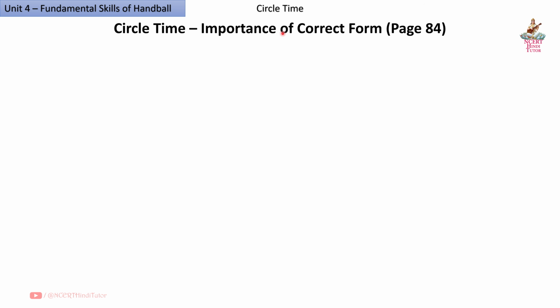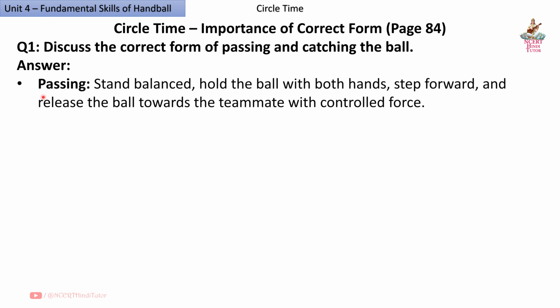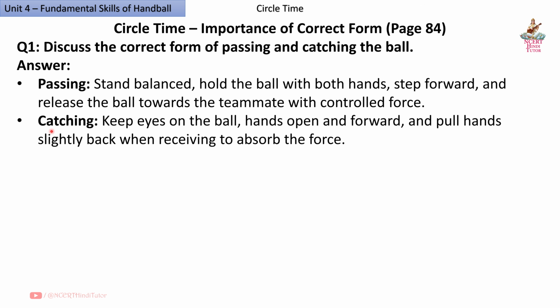Circle time, importance of correct form, page 84. Question 1. Discuss the correct form of passing and catching the ball. Answer. Passing. Stand balanced, hold the ball with both hands, step forward and release the ball towards the teammate with controlled force. Catching. Keep eyes on the ball, hands open and forward, and pull hands slightly back when receiving to